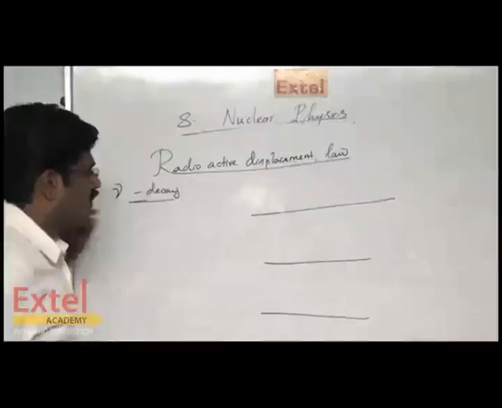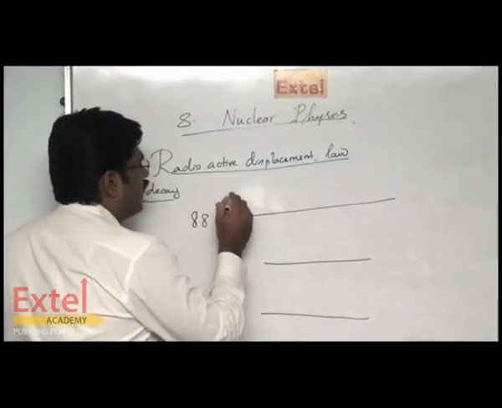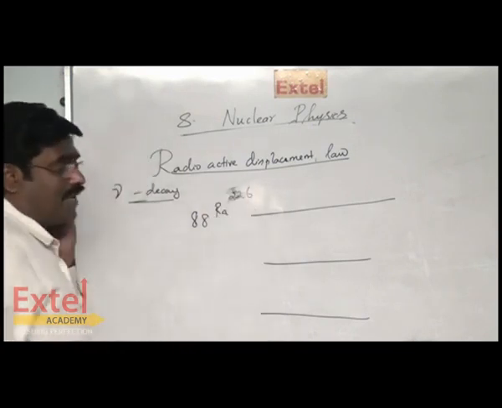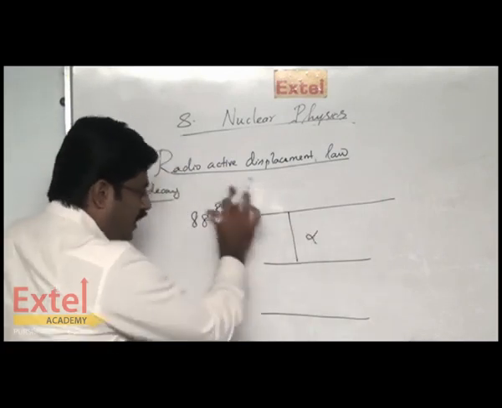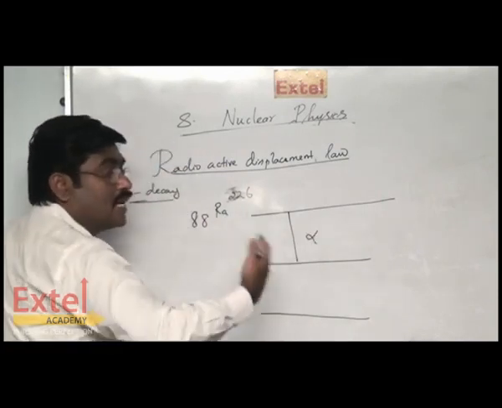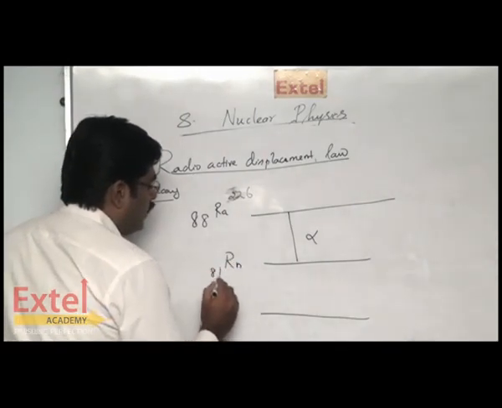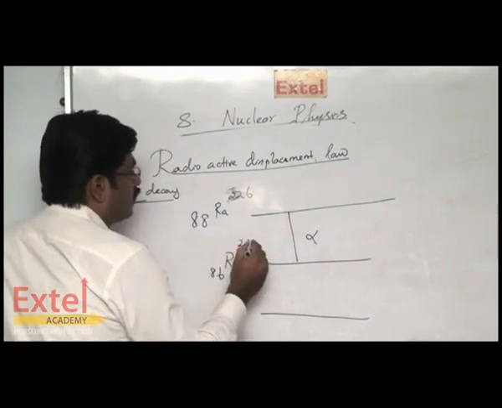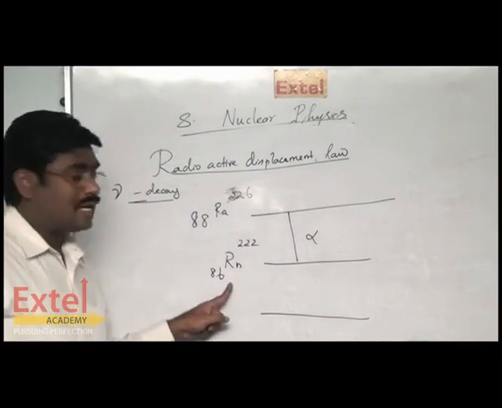...of radium is converted to radon. So this is 88 Ra 226. But actually, by emitting an alpha ray, this radium is converted straight away into an isotope of radon. So radon 86, 222. So radium is converted into radon,